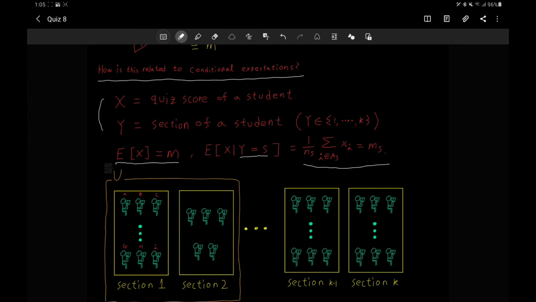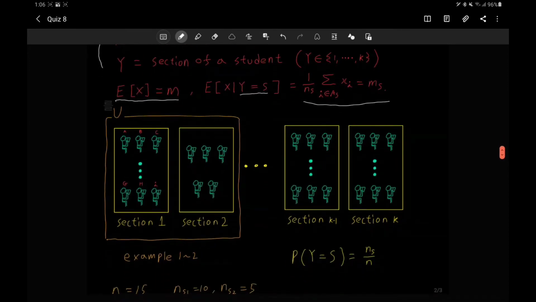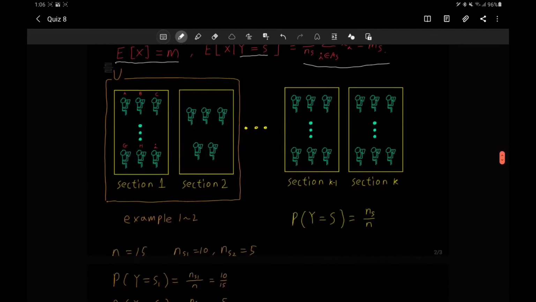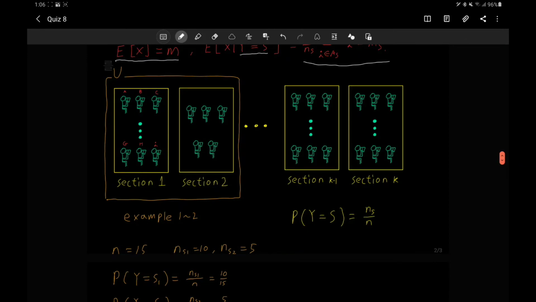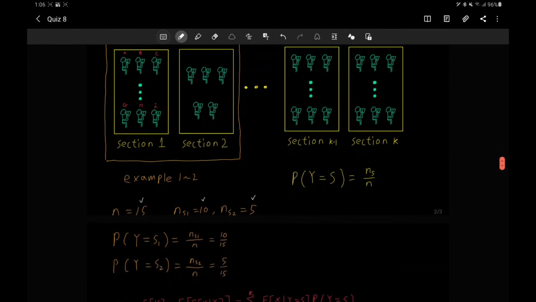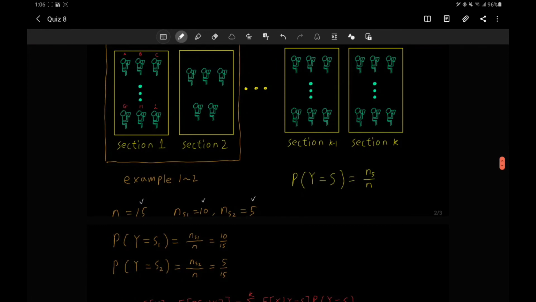The example problem solved the problem assuming that the total number of students is equal to section 1 plus section 2. Since section 1 has 10 students and section 2 has 5 students, the total number of students is 15. When any student is selected, the probability of being a student belonging to section 1 is 10 over 15. The probability of belonging to section